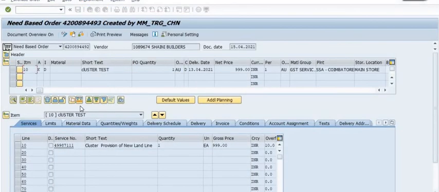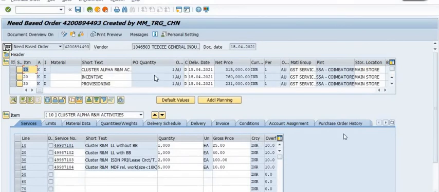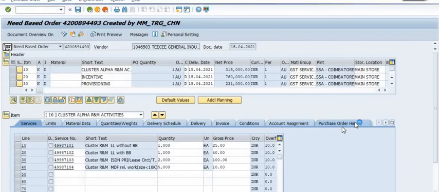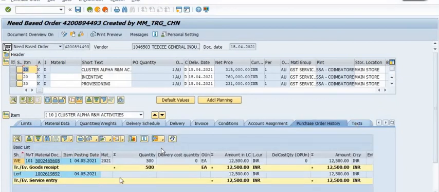See, open this PO in ME22. Now the PO is in editable mode. Limit this quantity to 500 as per the actual GR done in the system. The GR is done for 500 quantity.